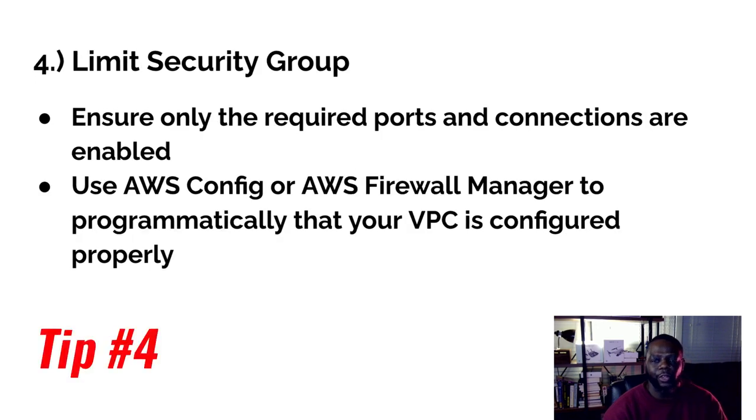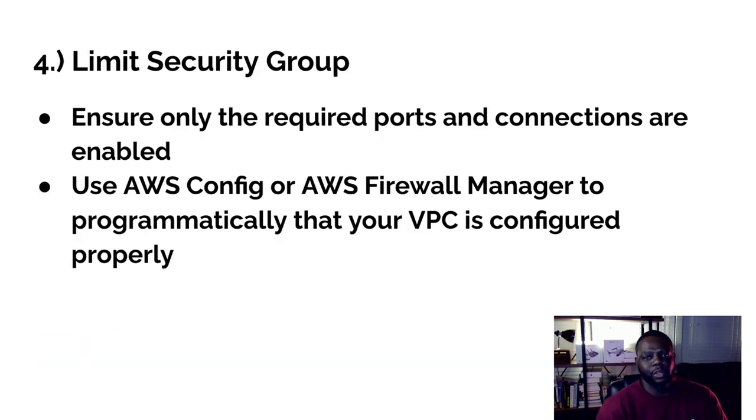Tip number 4 is to limit your security groups. Here we are saying to ensure only the required ports and connections are enabled. And then you can use AWS Config or AWS Firewall Manager to programmatically ensure that your VPC is configured properly. This goes along the lines of least privilege, or least access of privilege. So your security groups should only be able to access what's required for them to do